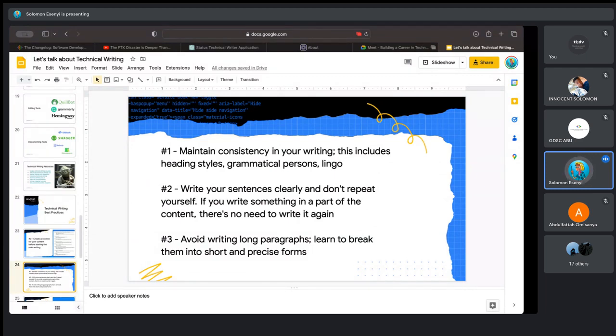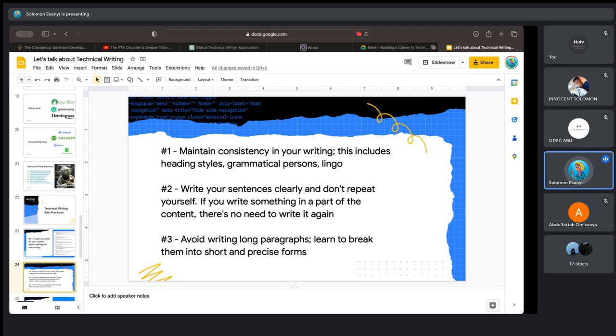Now, let's move on to other things. Another one is that you should maintain consistency in your writing. What consistency entails is that there are many ways to write a particular thing, or many ways to structure your article. But if you start with one particular way, use that particular way throughout the article or throughout the entire blog. You do this so that the user is already used to a particular style.